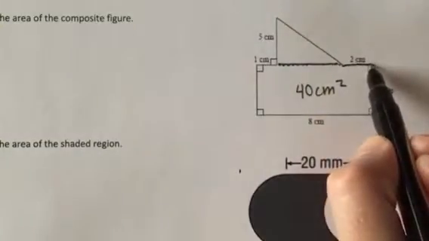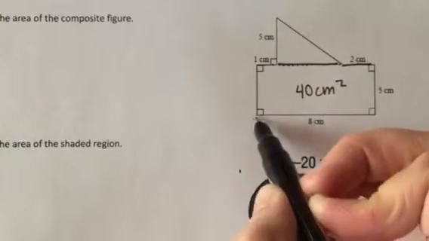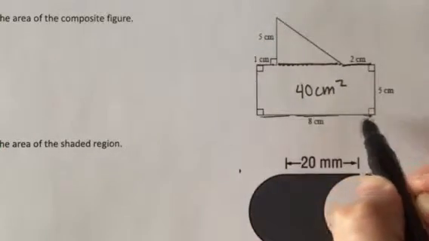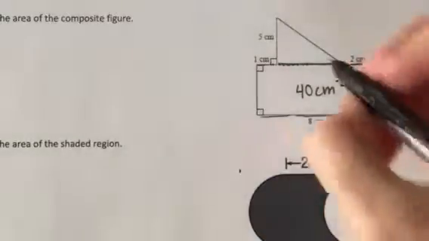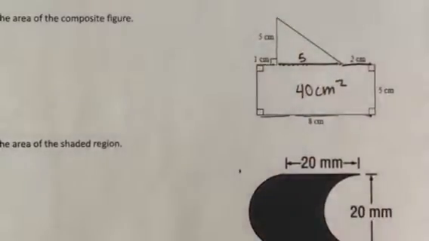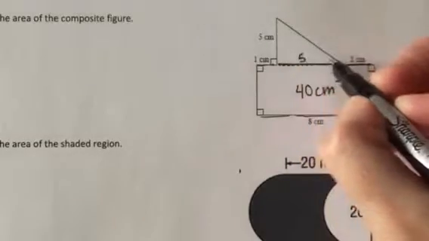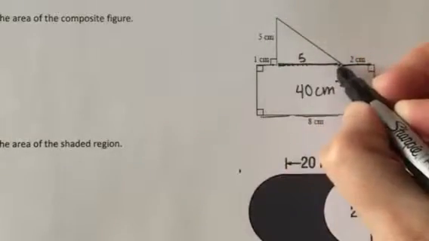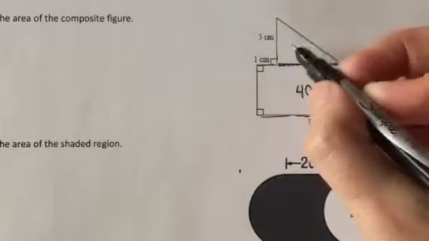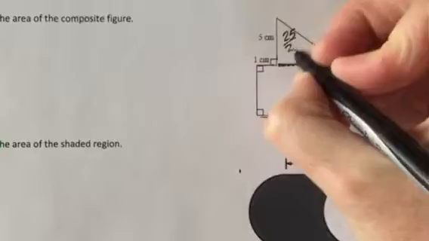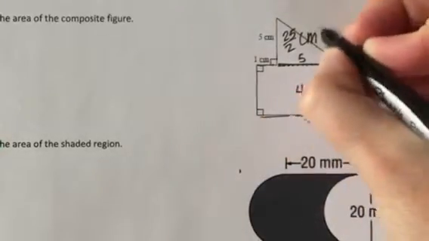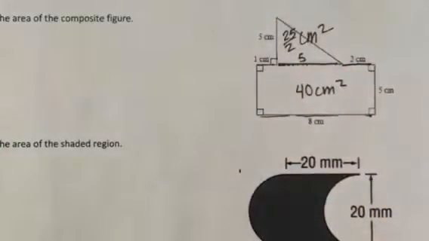Because this segment is 2 and this segment is 1 and the whole thing across here is 8, if I take 8 minus 2 minus 1, that's going to give me the remaining length here, which is 5. So to find the area of this triangle, I'm going to take base, 5, times height, 5, divided by 2. 25 divided by 2, which is 25 halves square centimeters. And then let's add these two parts together. So we take 40 plus 25 halves,